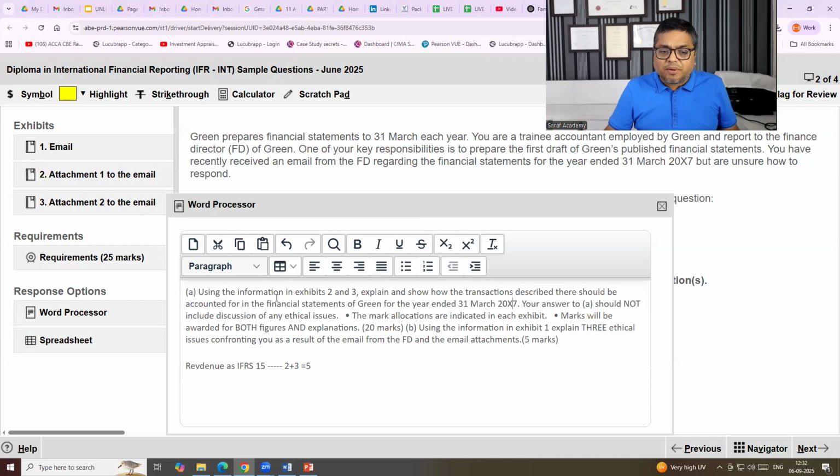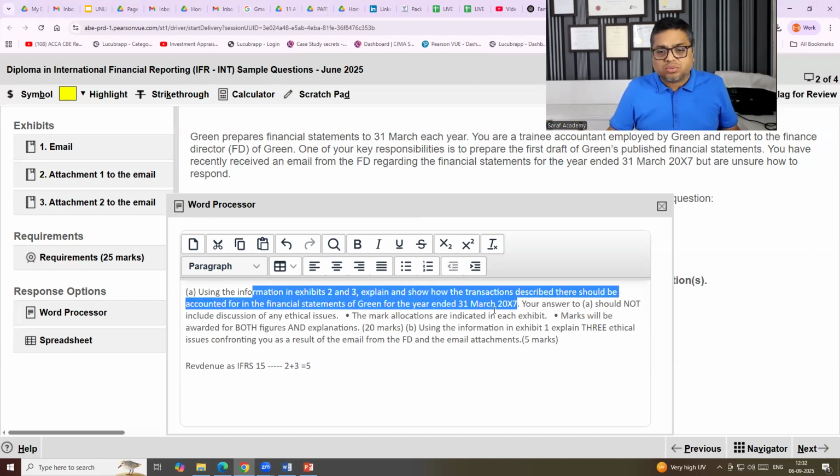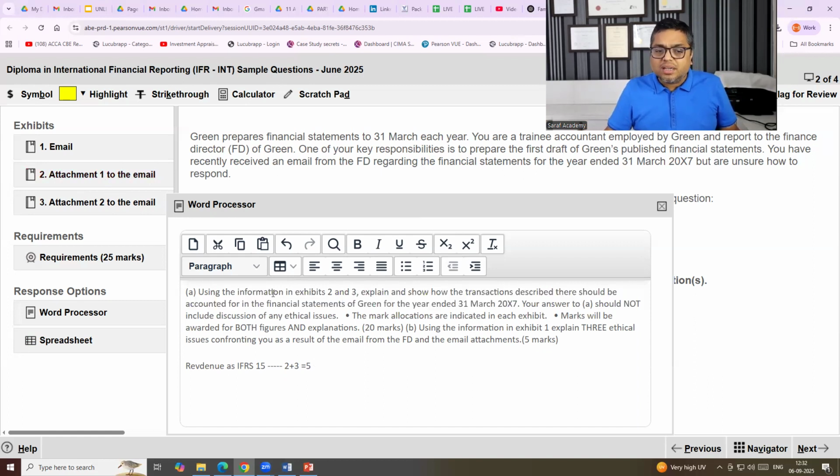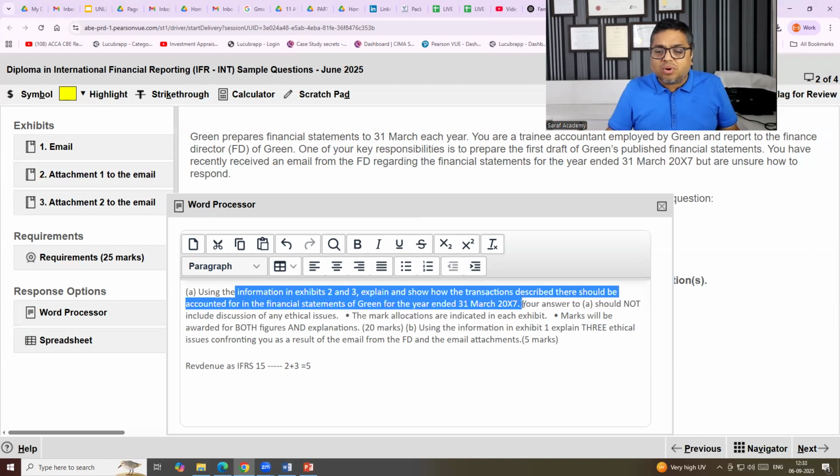This same type of question can come in CIMA also, in FR also, because this is description. So whatever they have given, you need to describe in your words relating to that, whether it is an asset, liability, income, expense, why, and how much the income will be.